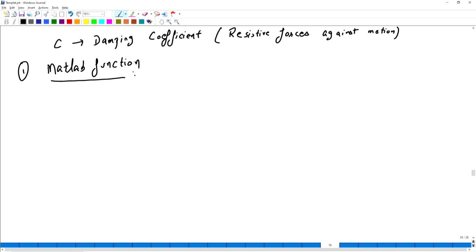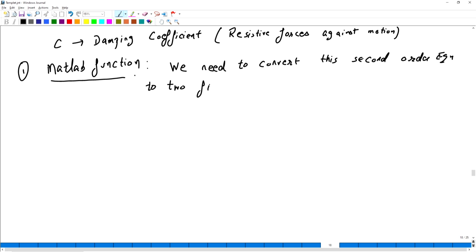Before that, we need to convert this second order equation to two first order equations.